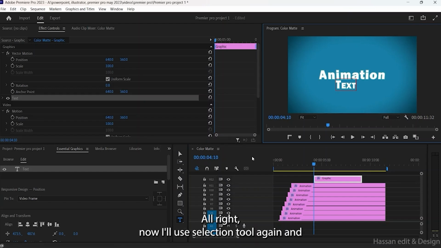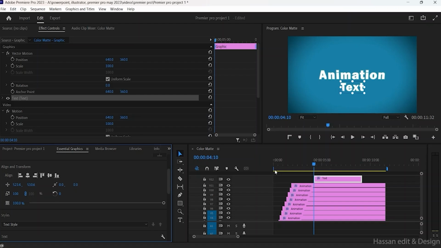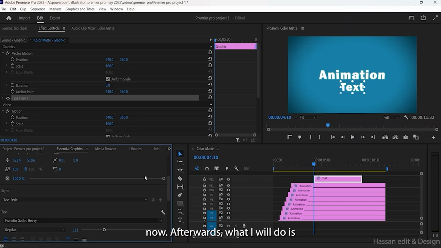All right, now I'll use the selection tool again and move it to the right position. There you go. Okay, now I can again go to essential graphics and fix whatever I need. Let's remove this. Now that looks better. Press OK. Vertically align it. Right. Now afterwards, what I will do is